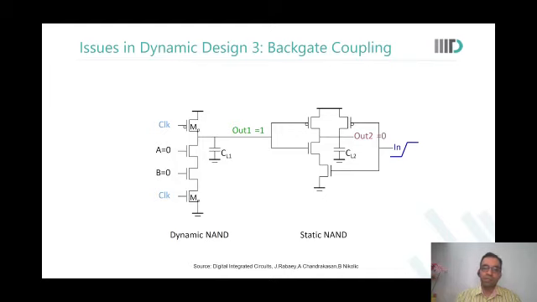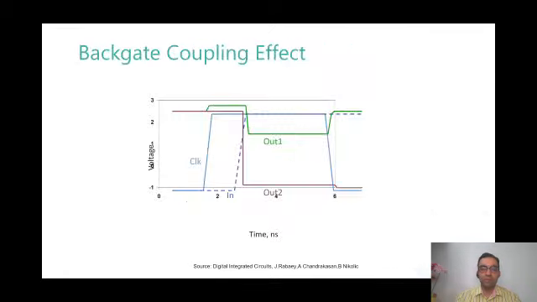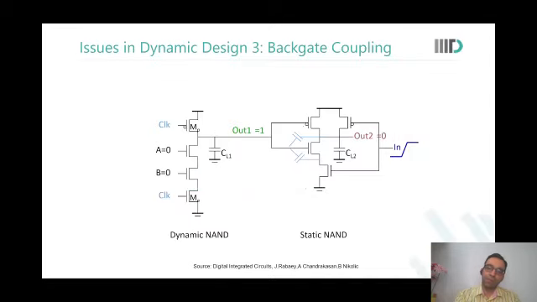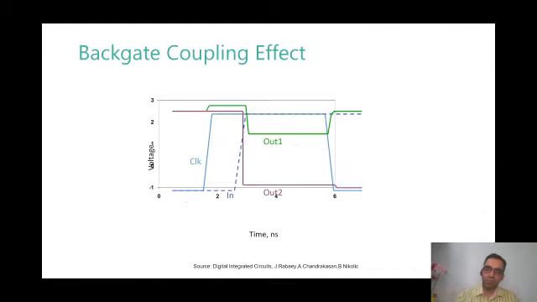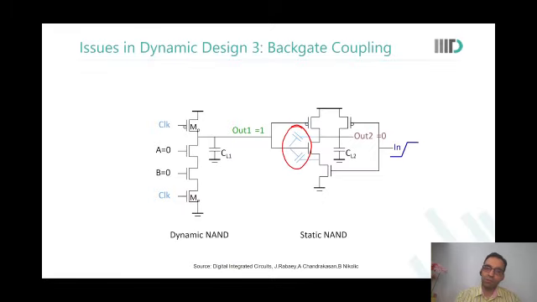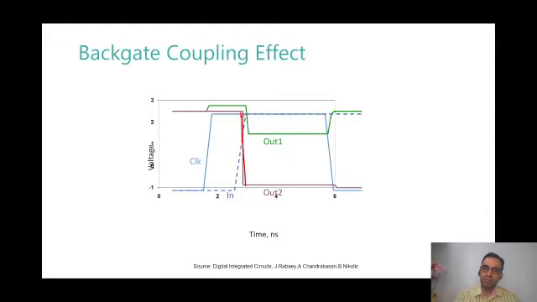Sir, are you able to see this? Yes. When out 2 is getting discharged, out 1 will also see a discharge. Can you please explain this line, due to Miller coupling? Yeah, this is the capacitance. This is the Miller coupling. So out 2 went to 0. Now there is a coupling capacitance between out 2 and out 1. That is why out 1 will also discharge, and there's nothing to charge it back again. Okay, understood.